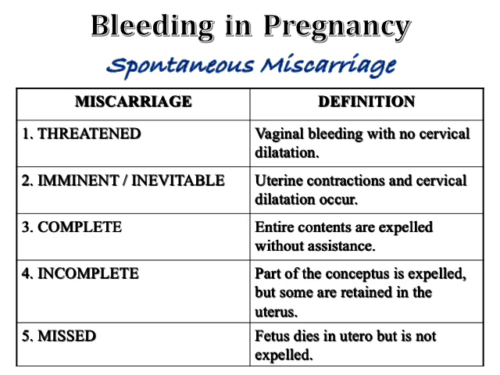Now, the next three types of miscarriage, complete, incomplete, and missed. These three mean that there is bleeding in the first trimester, and when you check, the fetus is already dead. There's no fetal heart rate. So in complete abortion, the entire contents are expelled without assistance, which means